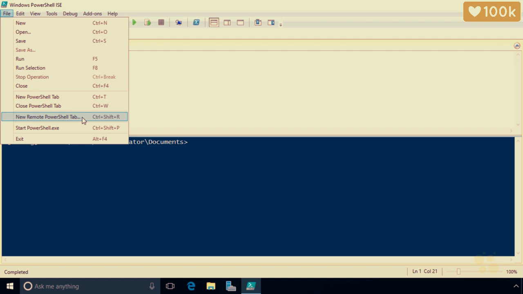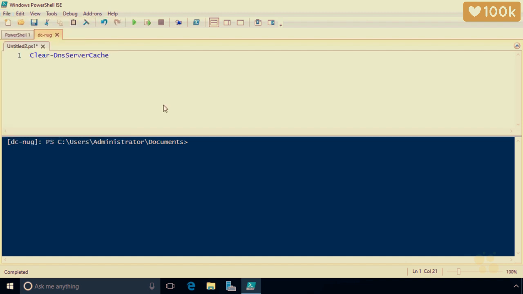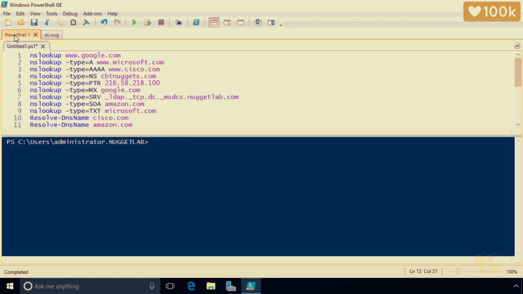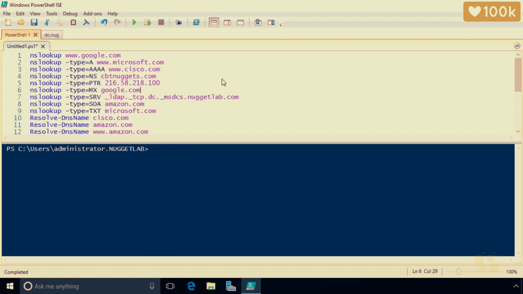And then you can put in the name for DCNug as we've done in previous nuggets to open a separate tab there as well. I've also, for the interest of time, got a few commands in each of the windows. So on the DCNug server, I've got one command, Clear-DNSServerCache, in case we need to use it. And then on our initial tab here, for the local machine, to save a little bit of time, so it's not just a typing exercise for me as we go through this together, I've got the first 9 lines here